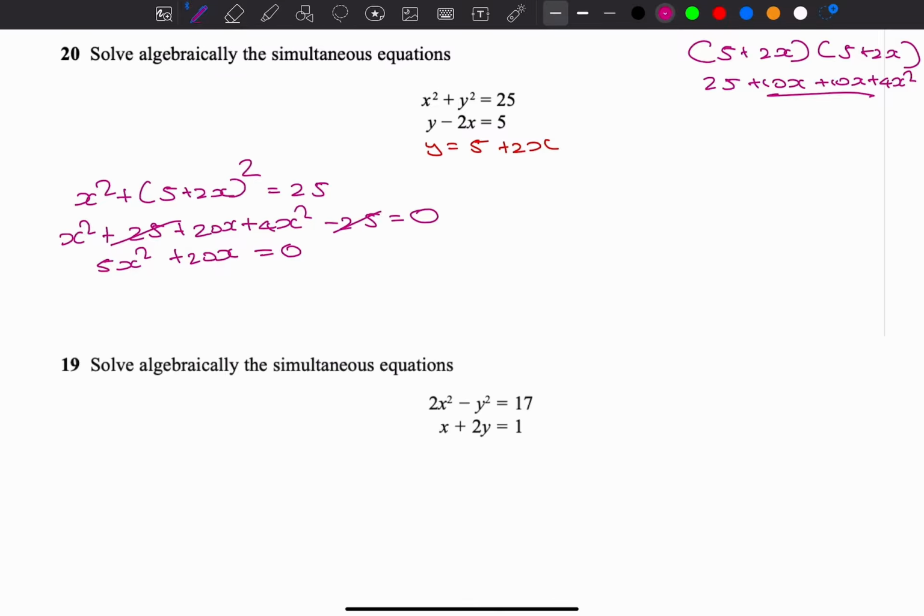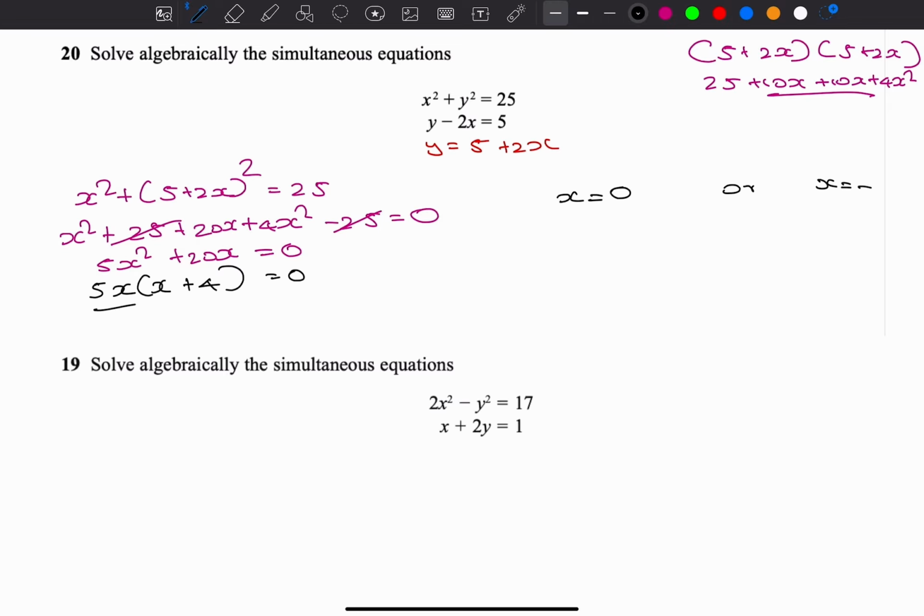Now, this is not going to be a double bracket. This is a simple normal question. What is the common number? 5. What is the common letter? X. Take x out, plus 4. So 5x bracket x plus 4 equals 0. So there are two answers according to this. X is either 0, because it's 5x and technically there's no number next to it, or x is one number,